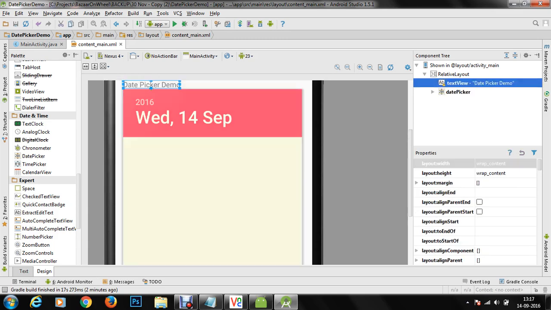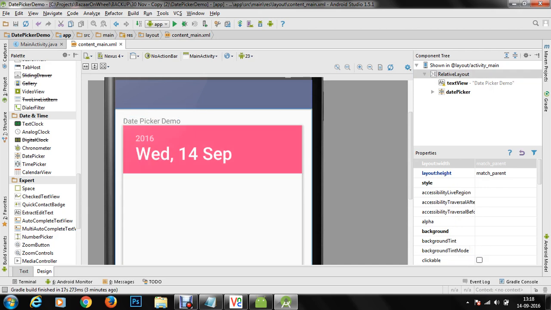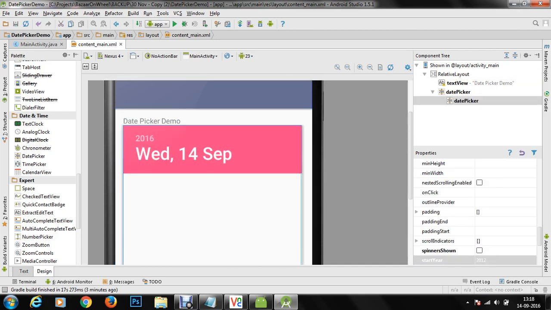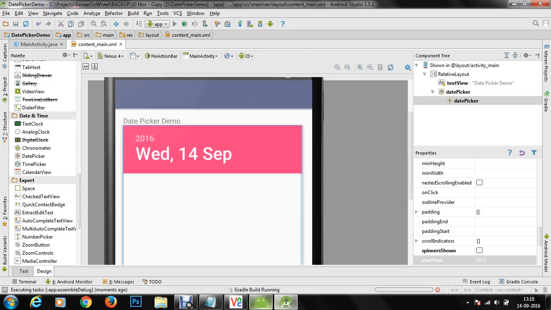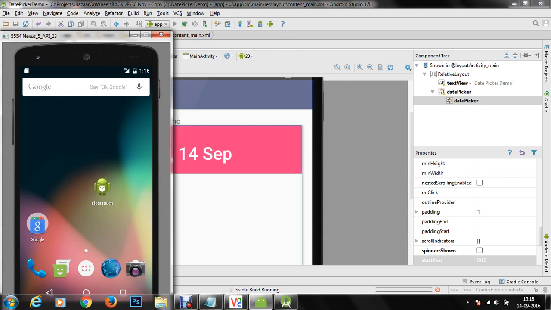So now we have provided an end year and a start year, and I would like to test these properties on my mobile app and show you how it works. On new devices, your date picker control will be visible in a material design format, but in older phones it will be displayed in an older style. So we'll test this on both of the devices. First of all, I would like to test this on an emulator which is the Android 6.0 Marshmallow version. Let me click on OK, and here Android Studio is running. This emulator is running.